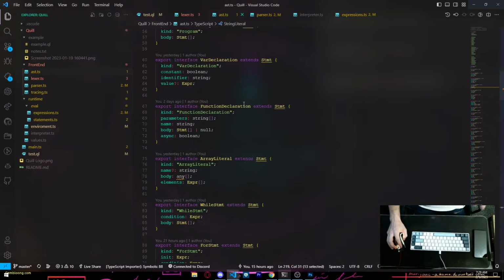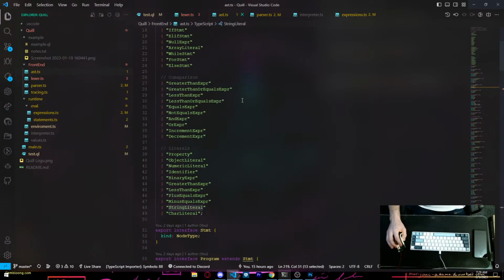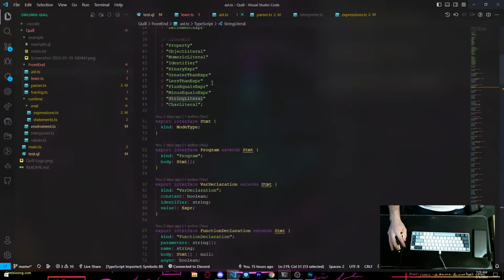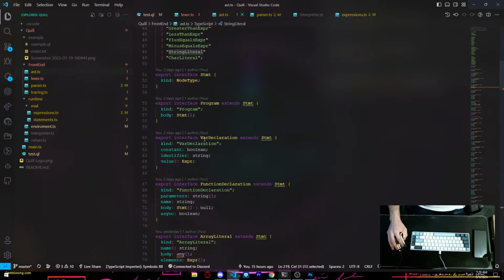We're defining our comparisons, our literals, our expressions, and our statements, and we're giving them values. A variable declaration has a kind of variable declaration, it also has a constant, an identifier, and a value. The constant would be the constant in the variable declaration, the identifier is the name of that variable, and the value is whatever you give it.